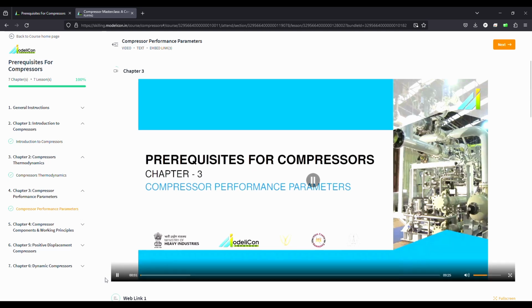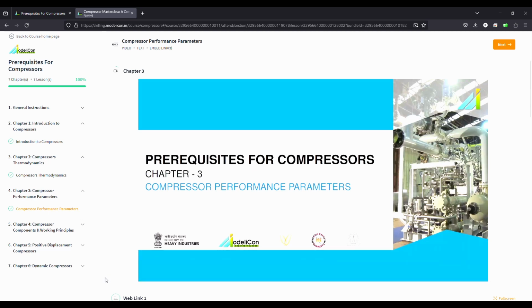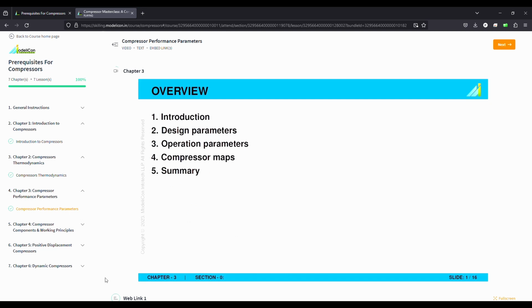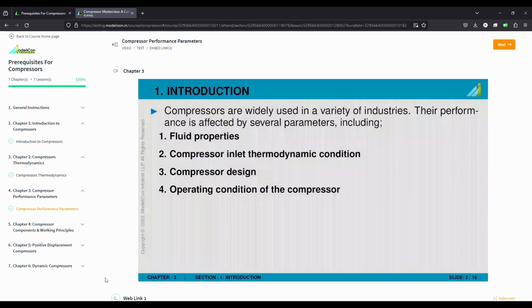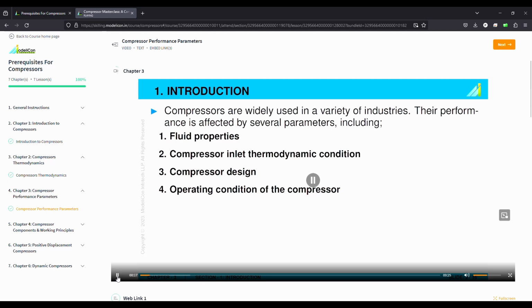Prerequisites for compressors. Chapter 3, Compressor Performance Parameters. We will be discussing the following sections in this chapter. Section 1, Introduction. Compressor performance is influenced by a variety of factors, including fluid properties, inlet conditions, compressor design, and